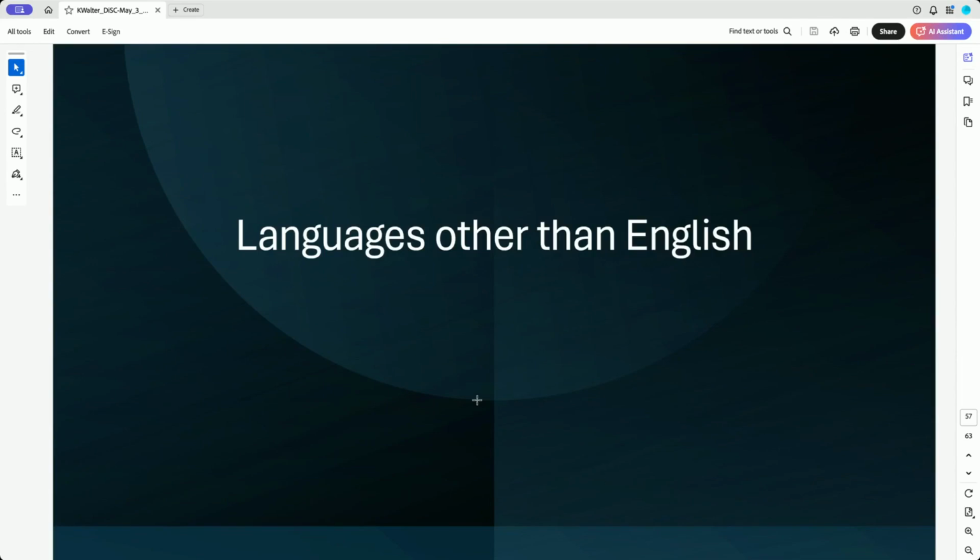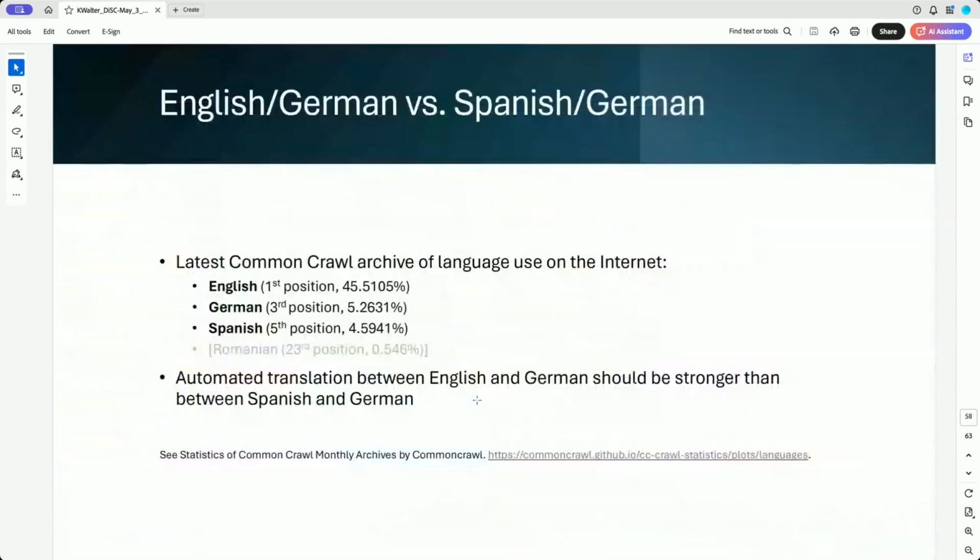I'm only beginning to think about languages other than English. I'm working with my three working languages, and I haven't even been working much with Spanish in the last ten years or more. But I suppose, according to the latest Common Crawl archive of the language use of the internet, English is still obviously in first position. And then, for a long time, nothing else comes. Then I think it's Russian. German is in third position with roughly 5%, and Spanish is in fifth position with 4.6% of the overall language